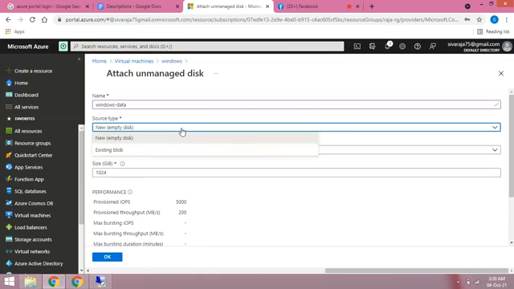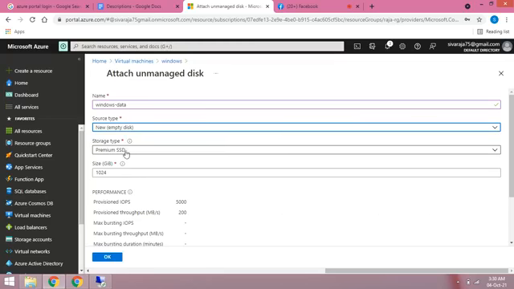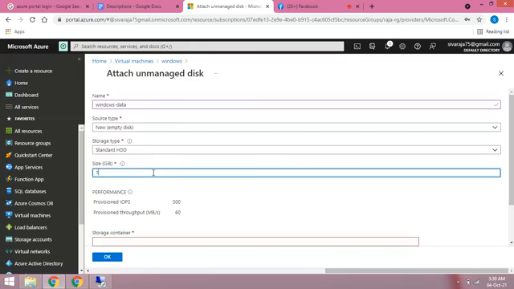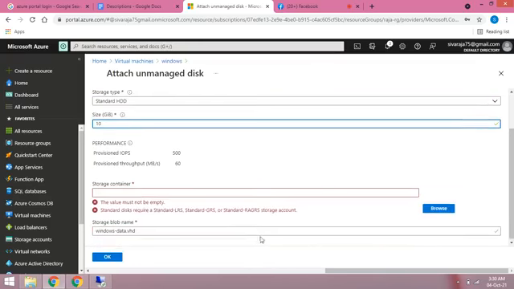This is the default one. So I choose an empty disk, and on this side I choose standard HDD, and I choose 10 GB size. So I attach an unmanaged disk, an additional data disk for this VM. So a new standard HDD 10 GB disk is there.